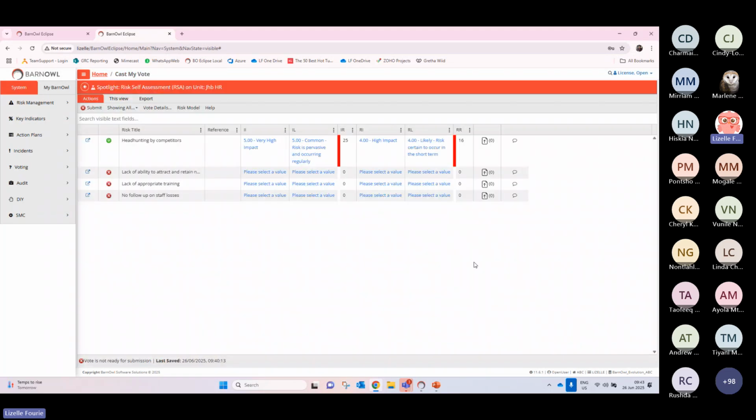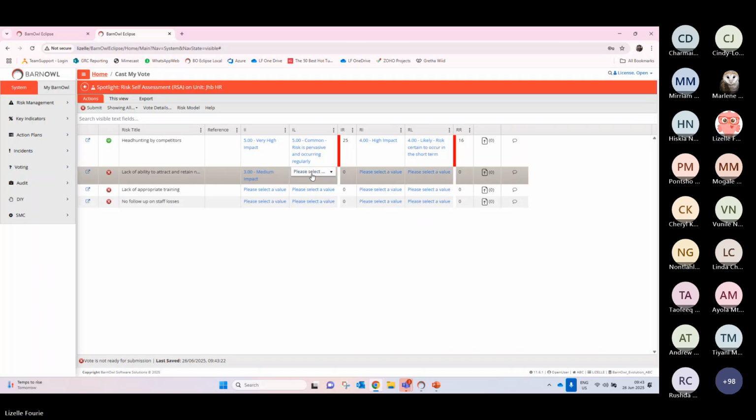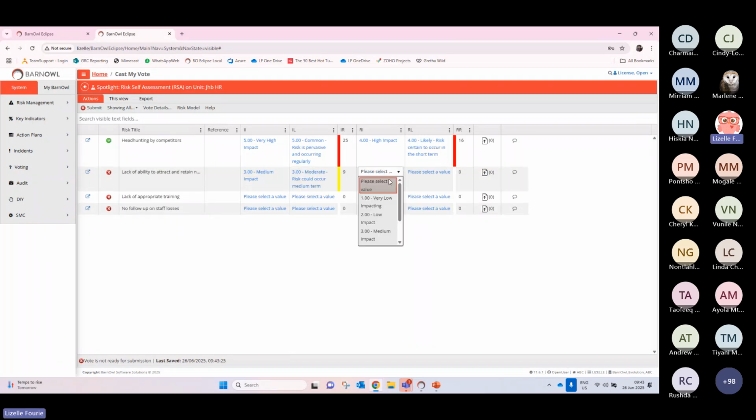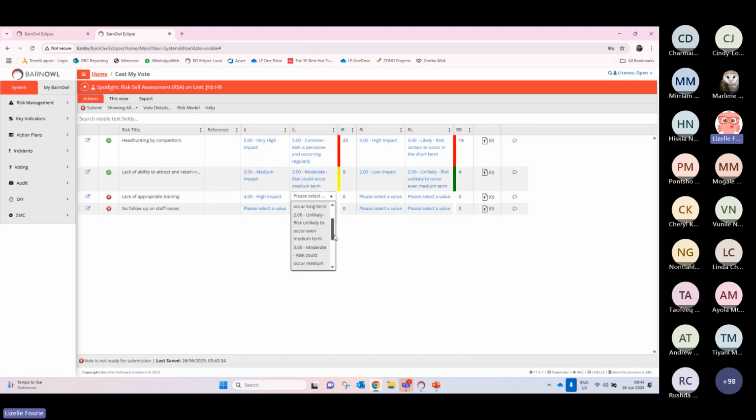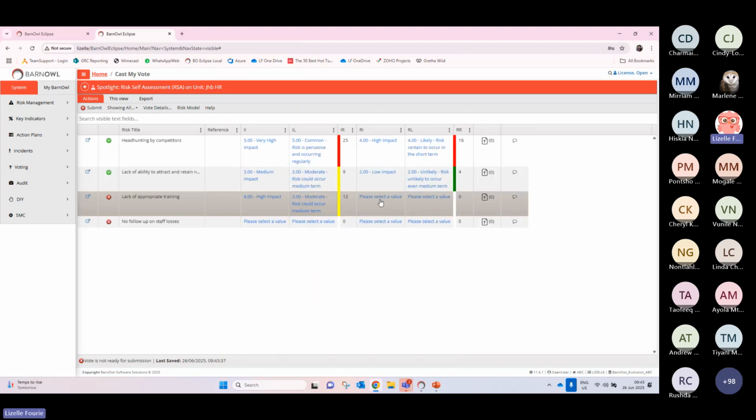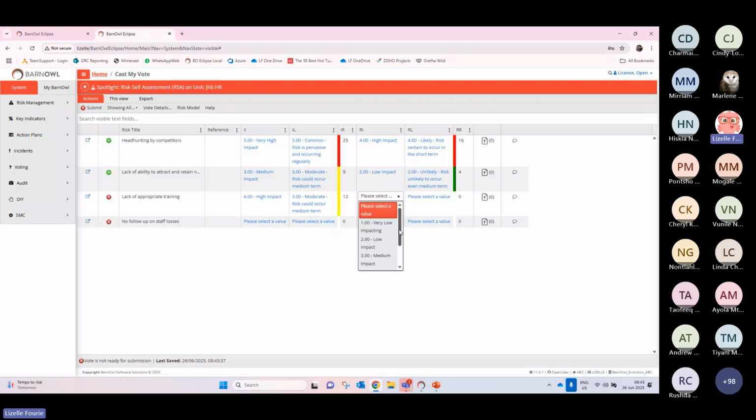So let's do that. Let's say a 3 by a 3. Inherent ratings, and then I'll go and select a 2 by 2. And you will see as I complete them, you will see those green little ticks to the left of them. Right. And then for this last one, I'll show you that, as you know, your residual ratings cannot be higher